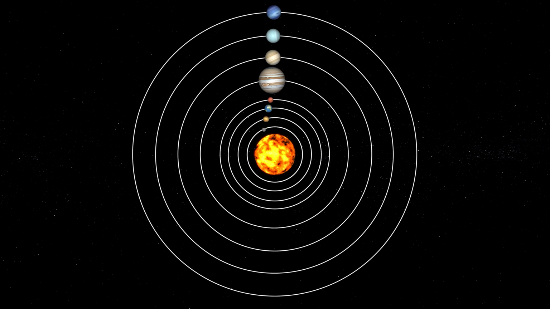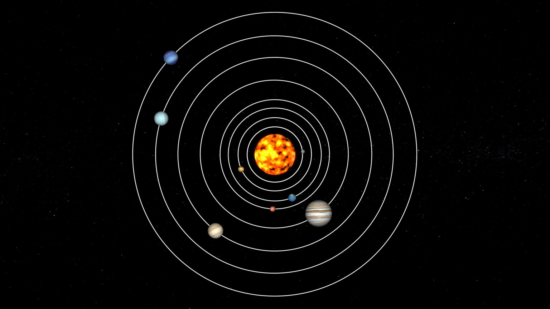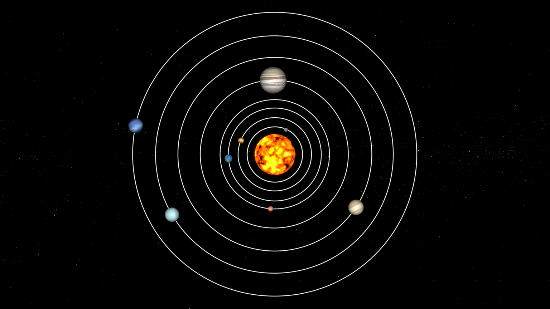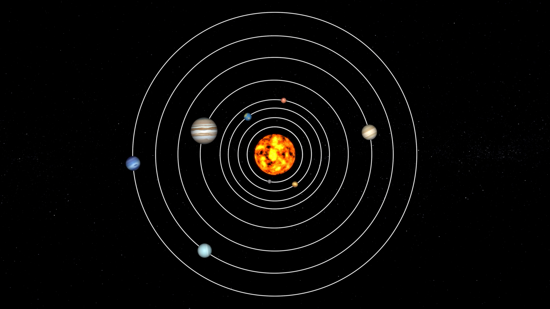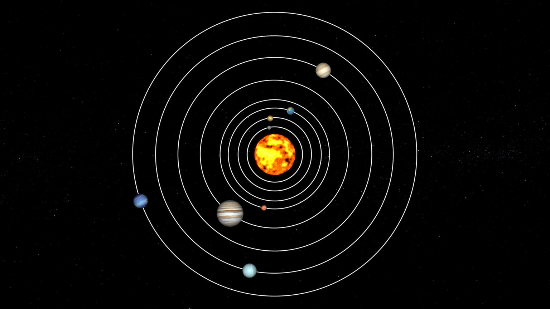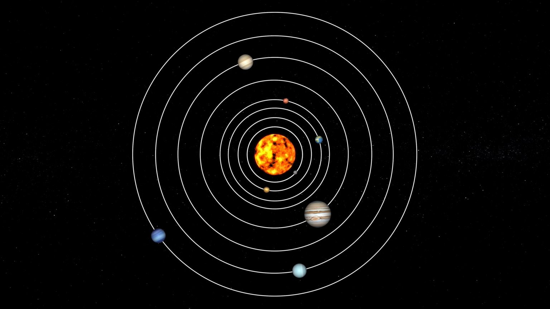So if we had the sun in the middle, and we had planets going around the sun, then we begin to get a better visualization of what's happening. And if we draw concentric circles of orbits, then dead center is the sun, and the closest one orbits the sun in a narrower orbit. And as we move out away from the sun, the orbits get larger and larger and larger.